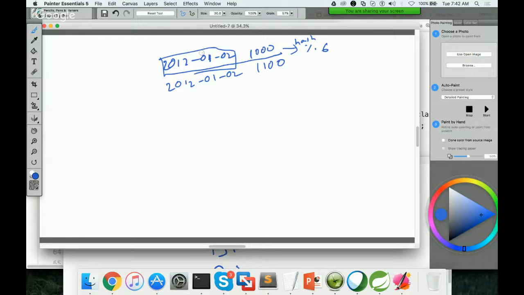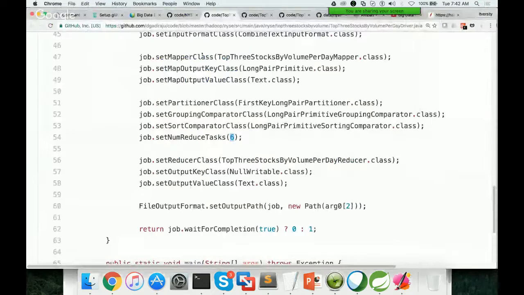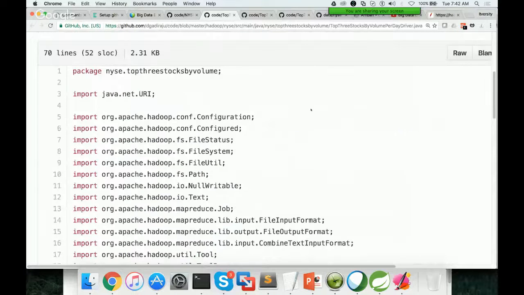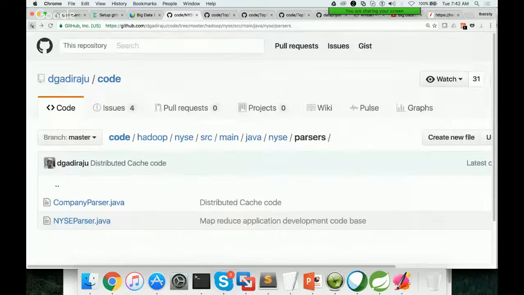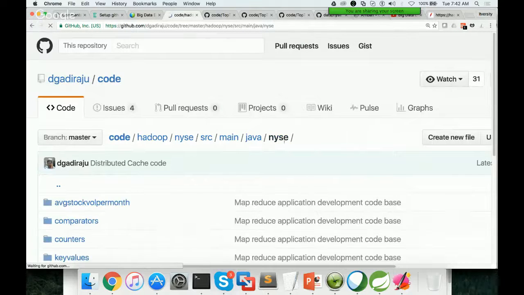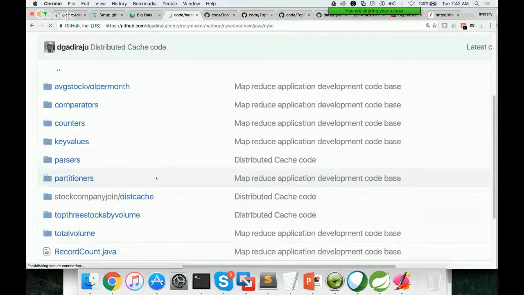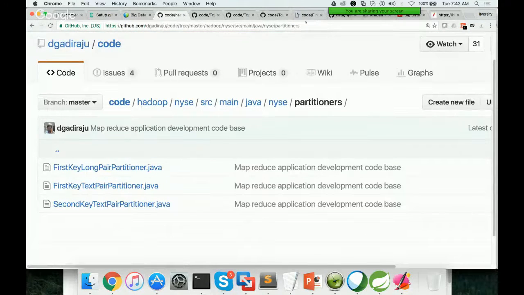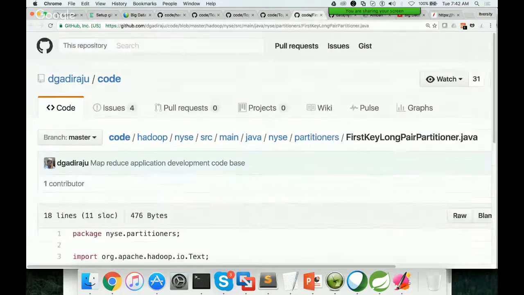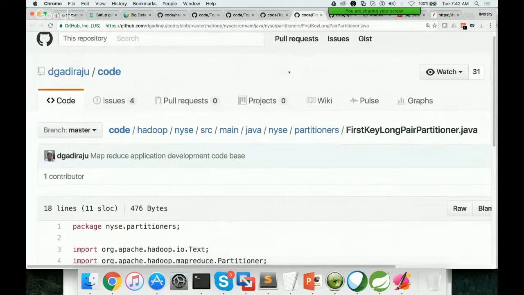So here, if you go to this class, FirstKeyLongPairPartitioner.class, for that we need to understand the package. It's written by me again. The FirstKeyLongPairPartitioner is under the partitioners package in NYSE. So I'm going to NYSE, go to partitioners, and here I'm invoking this one, FirstKeyLongPairPartitioner. The reason why I'm using the long pair partitioner is,